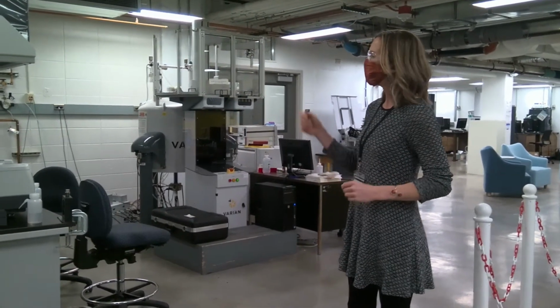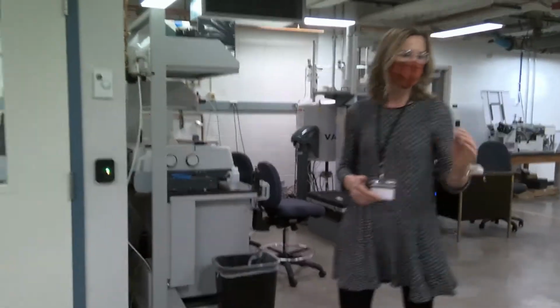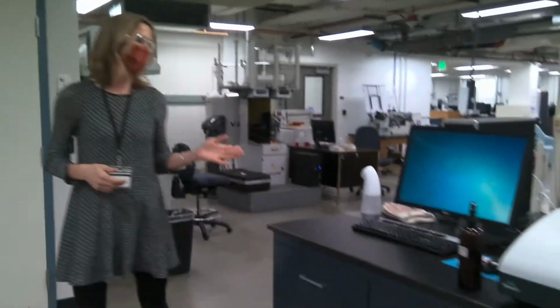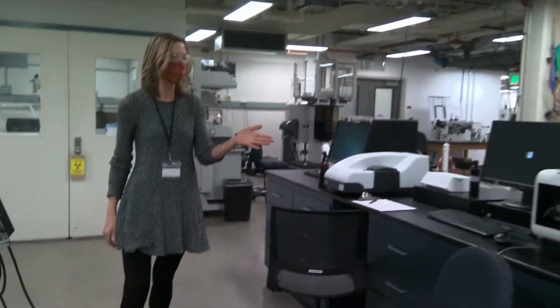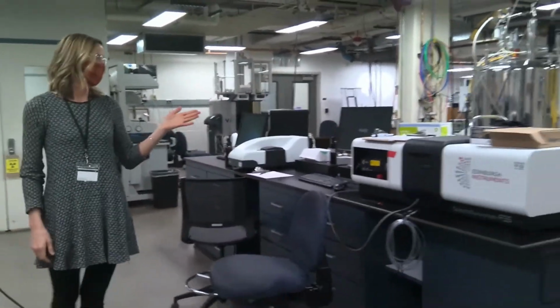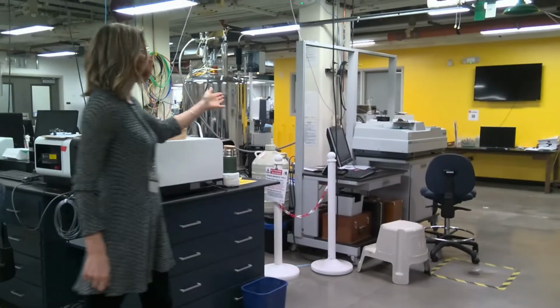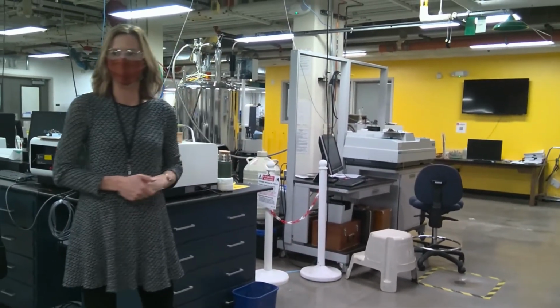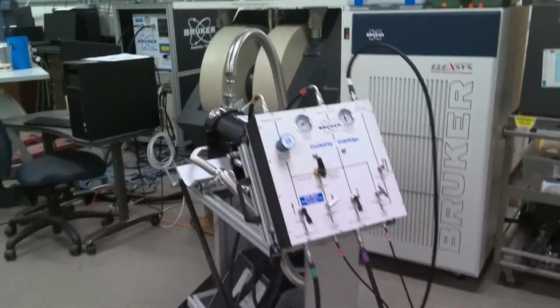Our spectroscopy lab has a benchtop FTIR. Over here, a DLS, dynamic light scattering zetasizer. We have a time-resolved fluorimeter. And over there, you have a UV vis. We also have an EPR